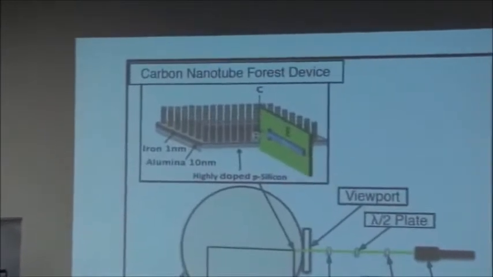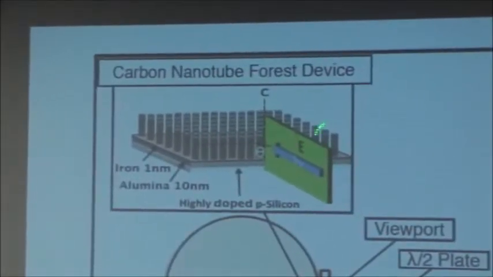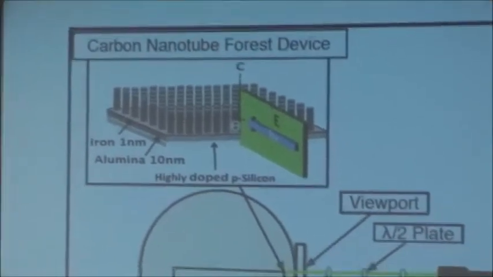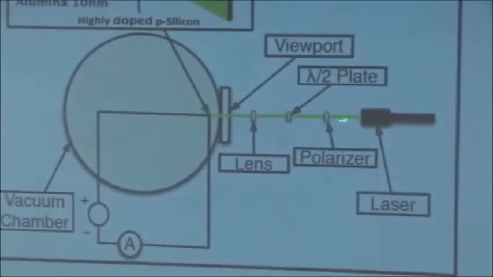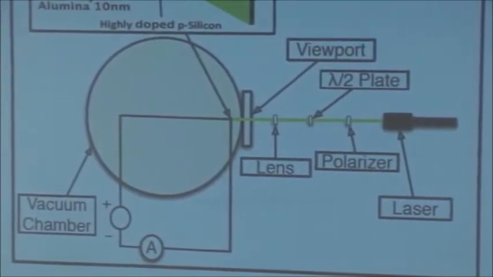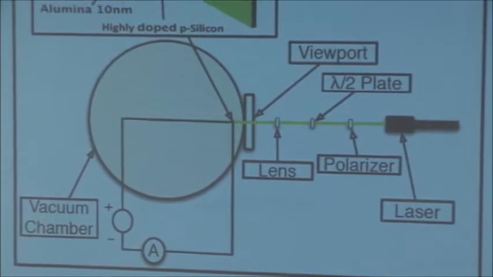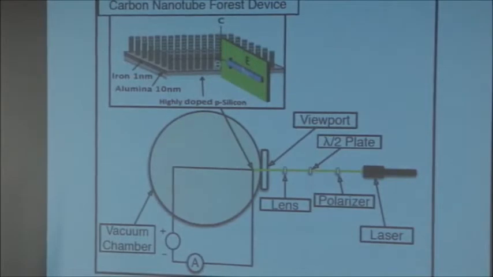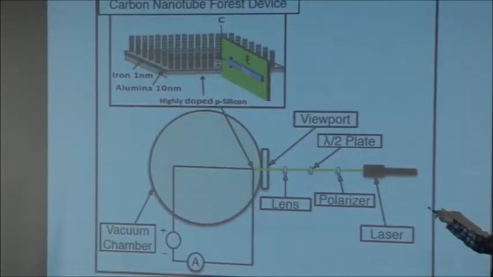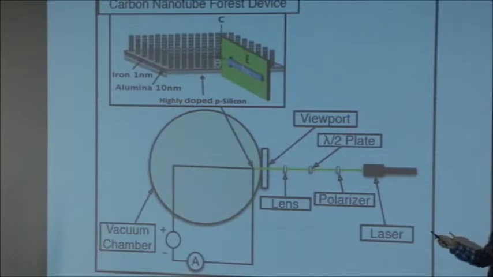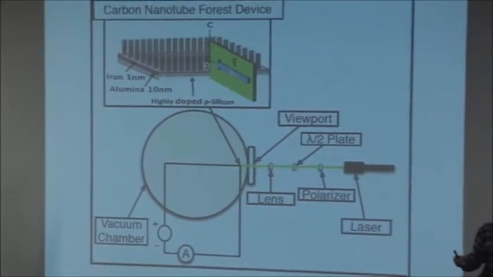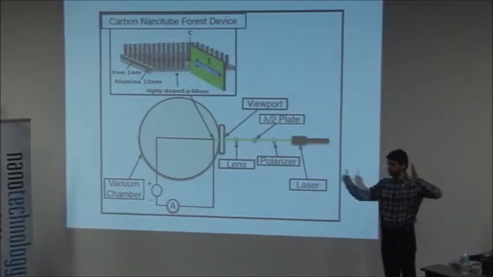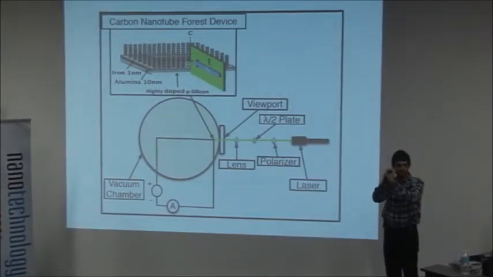So imagine this nanotube array or forest of these nicely aligned nanotubes. And this is not to scale, so they're a lot taller. You put these in this vacuum chamber. You have a laser beam coming, going through an optical path, polarizer, lens, that kind of thing, and you hit the nanotube forest from the side. Typically in the experiments I'll be talking about today, we focus this laser to a spot of the order of a couple of hundred microns across, in diameter. The nanotube forest is about maybe 2 millimeters tall and a few millimeters wide, but the laser is focused on one small spot,